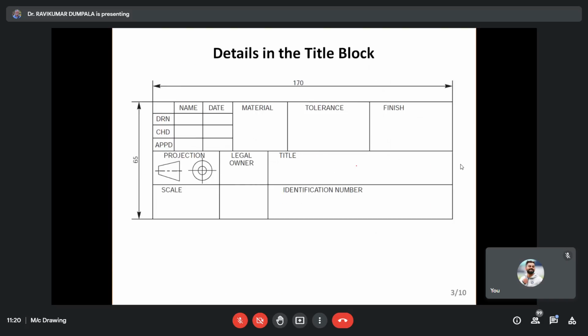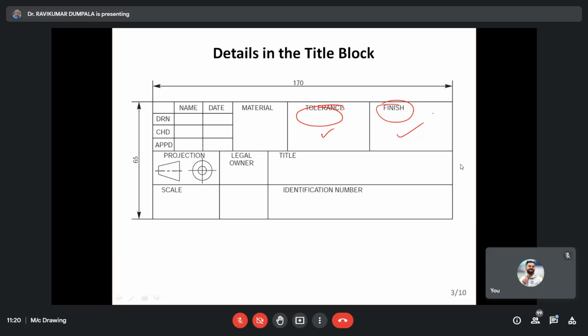Okay, this is the standard, right? Especially this is for production drawing. The same thing you can use for machine drawing also. But I'm telling you why it is for production drawing: they mention these tolerances, finish, and all those things. You cannot mention them here. I don't know why they gave this one, because it's not a uniform surface everywhere. Tolerances change dimension to dimension, even finish changes surface to surface.